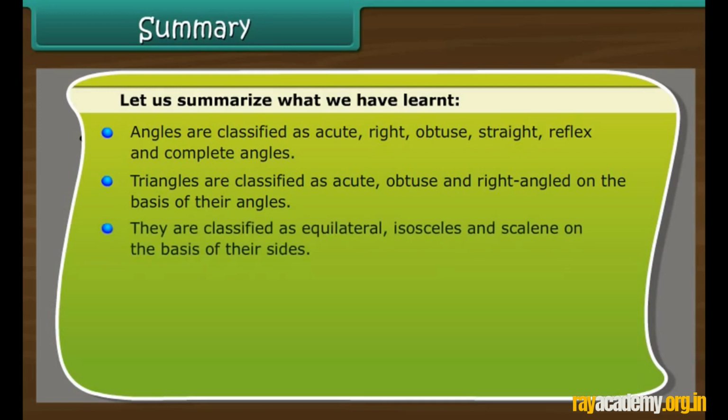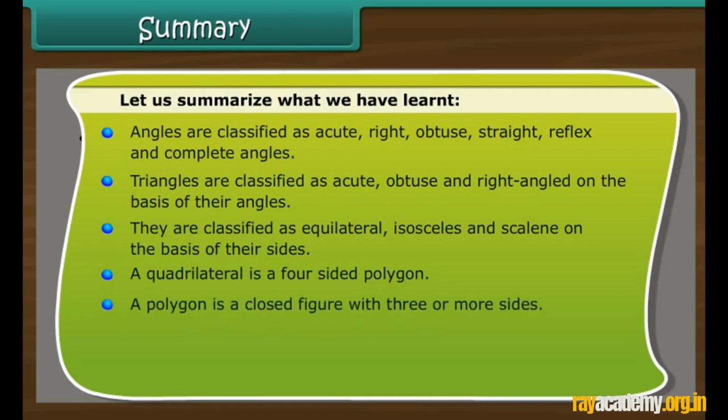A quadrilateral is a four-sided polygon. A polygon is a closed figure with 3 or more sides. Three-dimensional shapes have depth. A perpendicular bisector of a line intersects the line at right angles and divides it into 2 equal